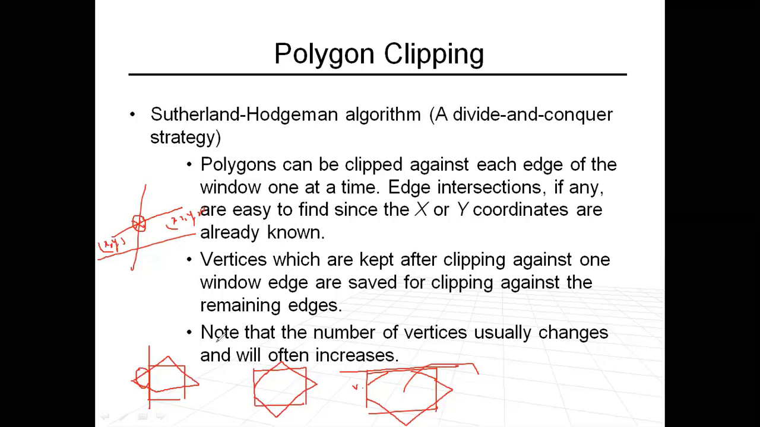One more point, note that the number of vertices usually changes and will often increase. So here you were having only v1, v2, v3, v4, let's say. So four vertices were there. Now once it is done, you have v1, v2, v3, v4, v5. Now once it is clipped here, v1, v2, v3, v4, v5, v6. So the number of edges is increasing. Normally it increases, sometimes it also reduces as well. Okay, so